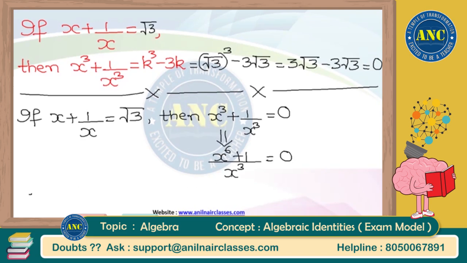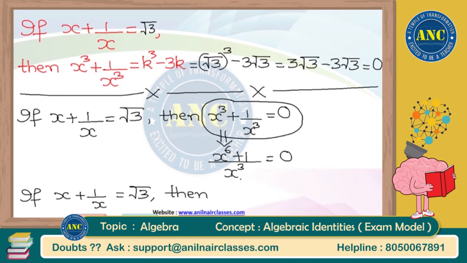That means I can say this also: if x plus 1 by x is equal to root 3, one way of saying it is x cube plus 1 by x cube will be equal to 0. Another way of saying is x power 6 plus 1 will be equal to 0. Or I can also say x power 6 will be equal to how much? Minus 1. You can call it in completely different ways, sir, but everything